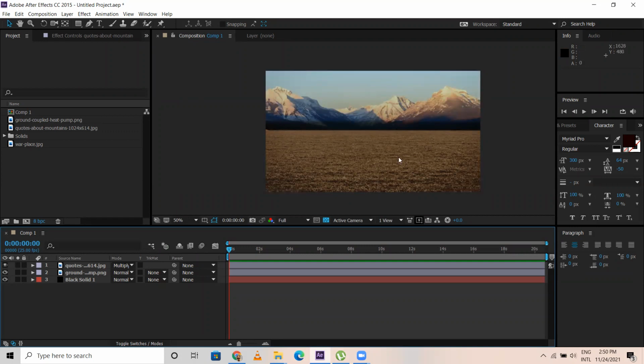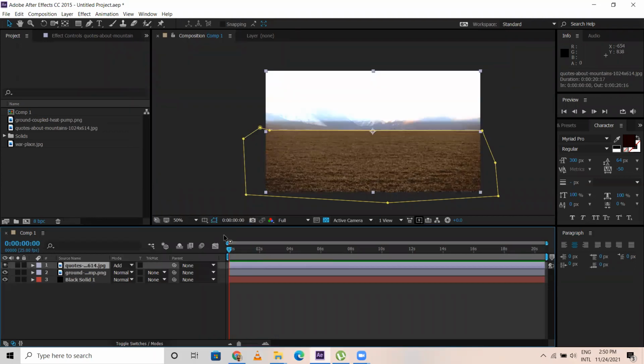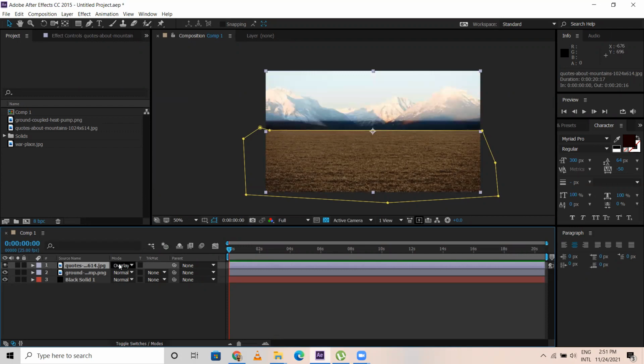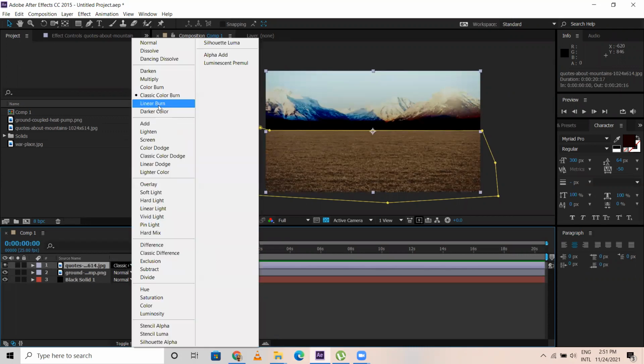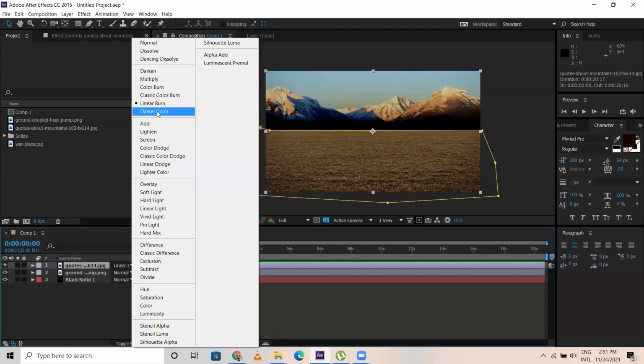So blending mode, you might have worked with a blending mode in Photoshop, right? It's like that. So multiply or add or overlay. There are so many things there. Color burn. Just check whichever is suitable, how to go with that. Multiply is good. Now I think this is linear burn. This is also looking good. Darker color. Hard light.